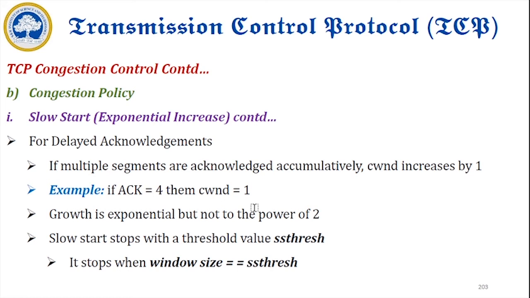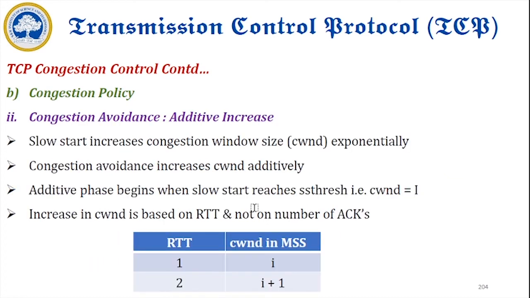So altogether, in the slow start congestion policy, the size of the congestion window will increase exponentially until it reaches a particular threshold. Now we will see about congestion avoidance, which we can call additive increase. If we start with the slow start algorithm, and the size of the congestion window increases exponentially, then in order to avoid the congestion before it happens, one must slow down the exponential growth, right?